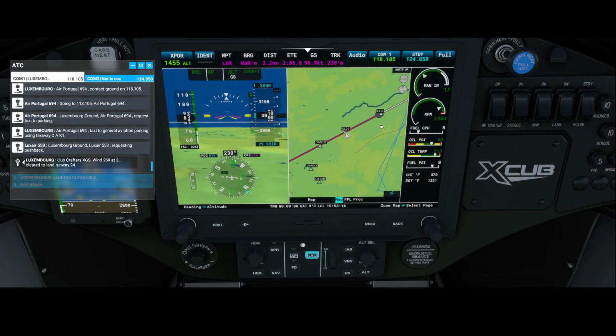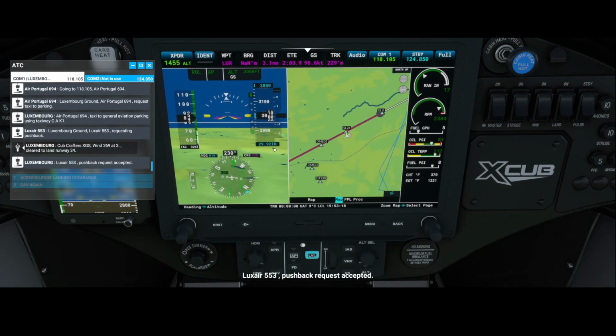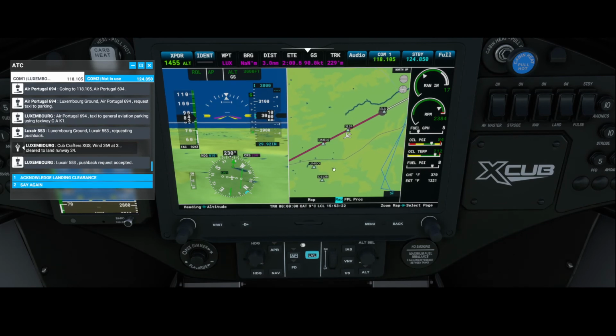So we're cleared to land. So we're gonna acknowledge it. In the meantime, we're gonna try to decrease the